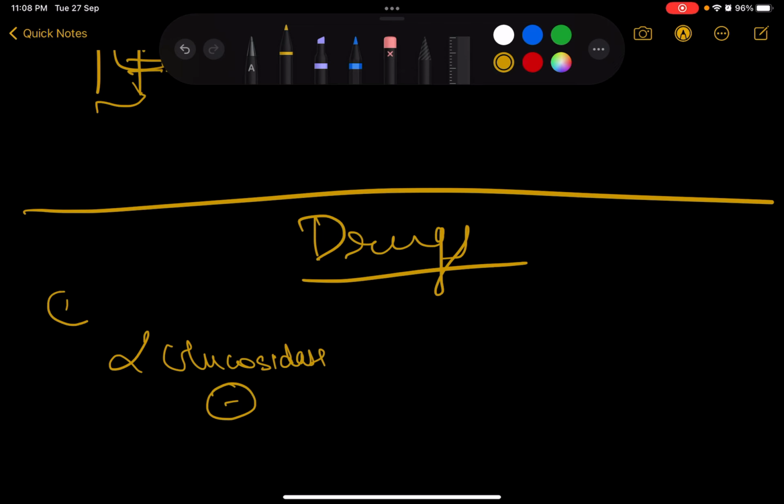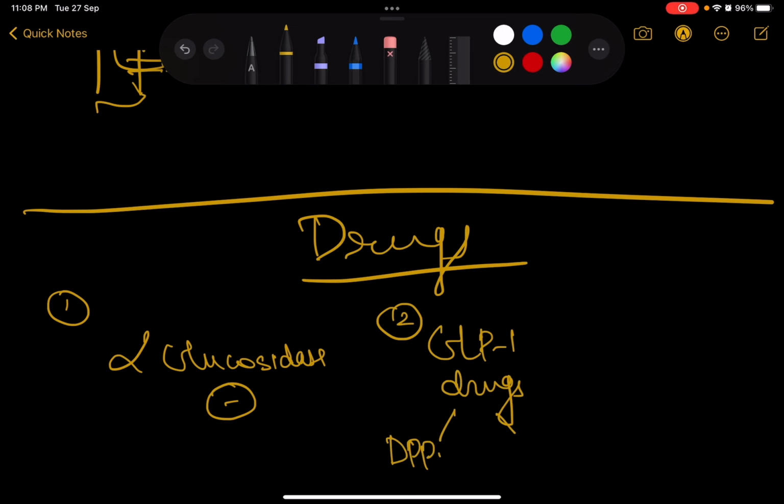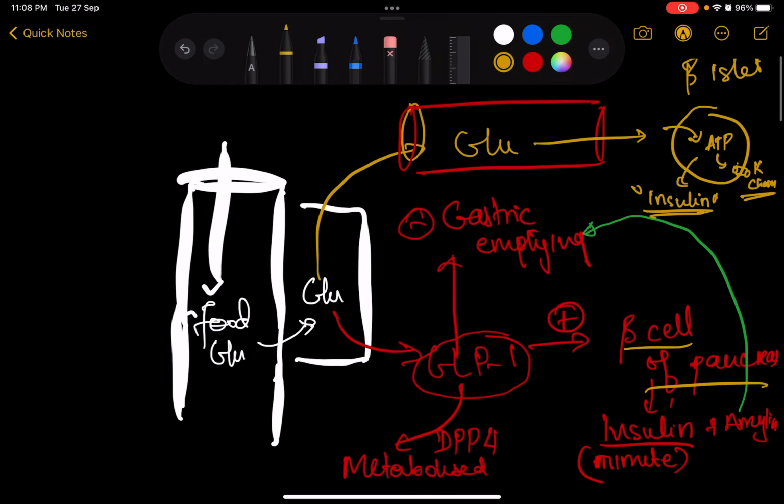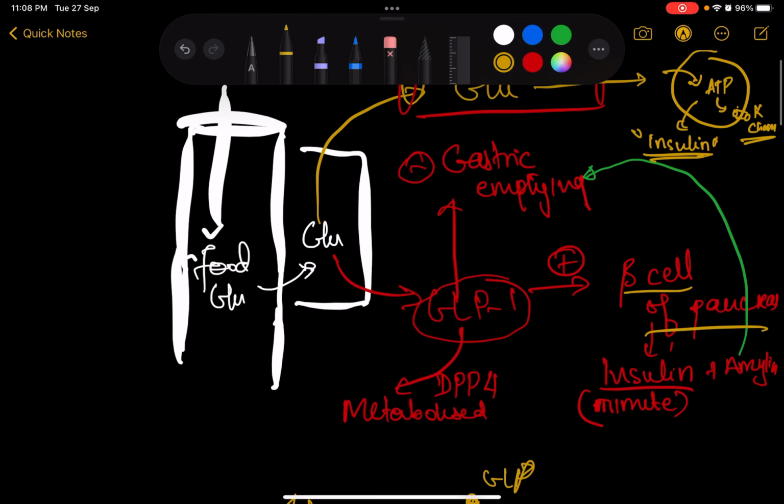This is one. The second one is GLP drugs. Under that, you could have a DPP4 inhibitor, because as I told you, the DPP4 causes its metabolism. So if we inhibit this, we will have